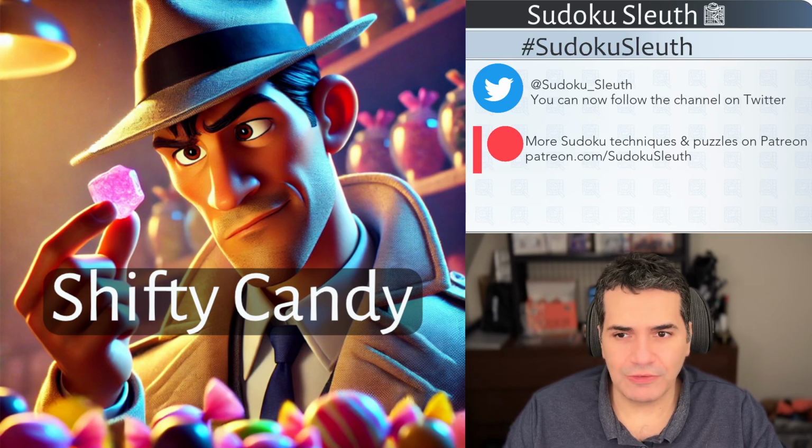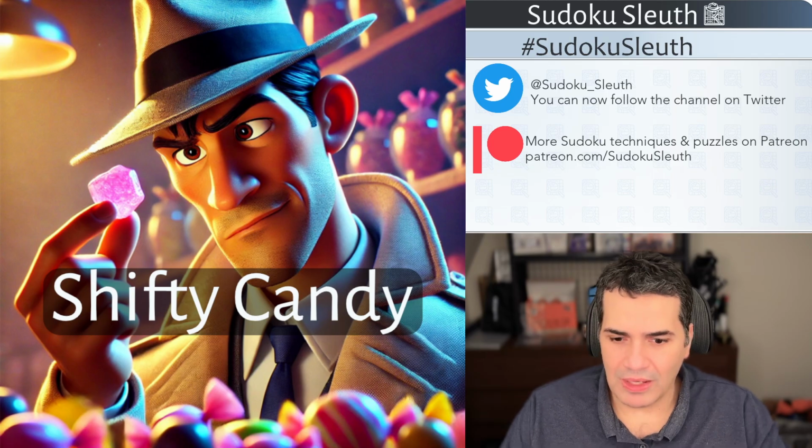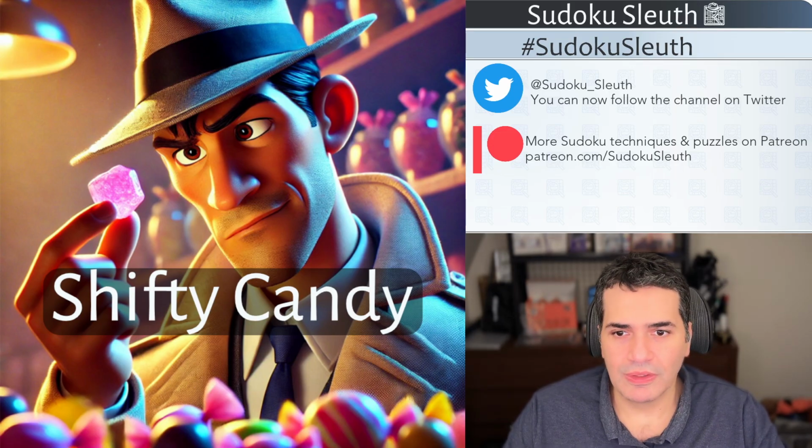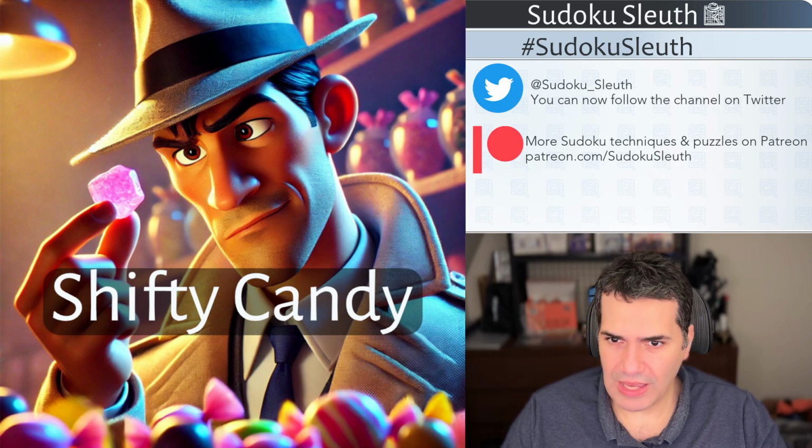I have to be very careful how I spell this when I'm copying and pasting the title, of course. And you can see Sleuth there is staring at this candy very, very carefully because they're a bit shifty. Now, today's puzzle is, of course, all about shifted lines from gUBBLOR. And we've played these types of puzzles before where they're essentially candy-colored cropkey dots that are a little bit ambiguous. Now, I believe, I'm going to just double check this before I say it, yes, it is a 2-star